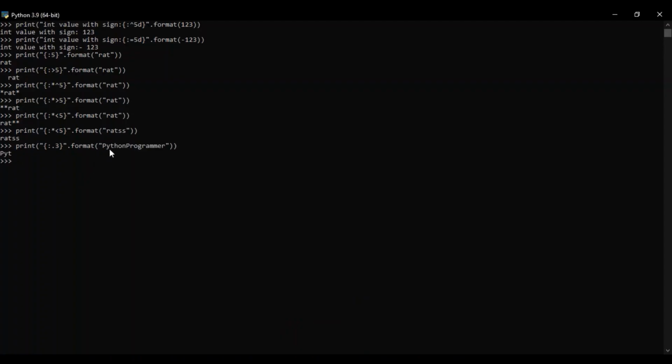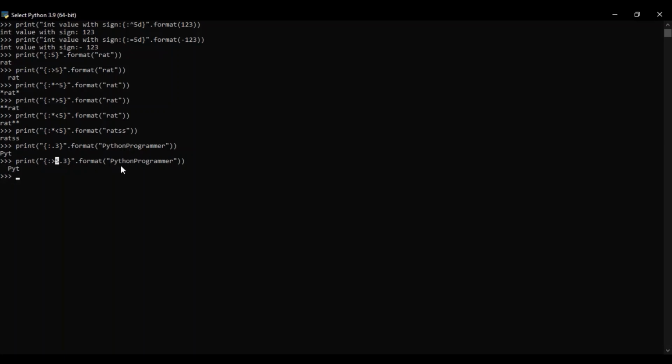So the first 3 characters will be separated. Now what I showed was 5.3. To better illustrate that 5.3, I will be using the greater than symbol. So greater than 5.3. You can see the 3 characters have come here and the 2 empty spaces are